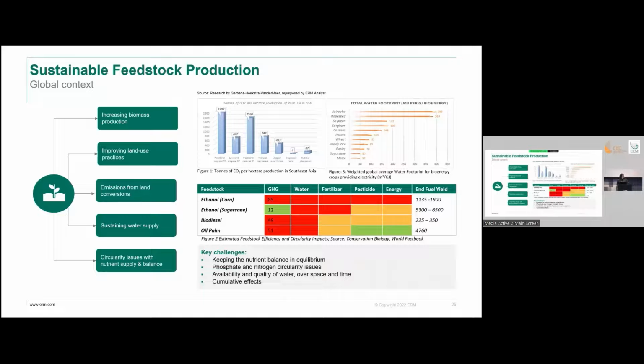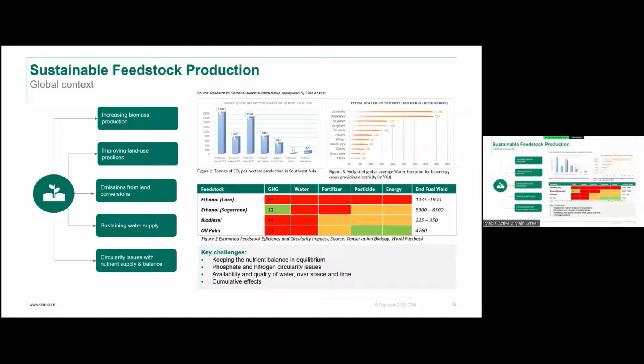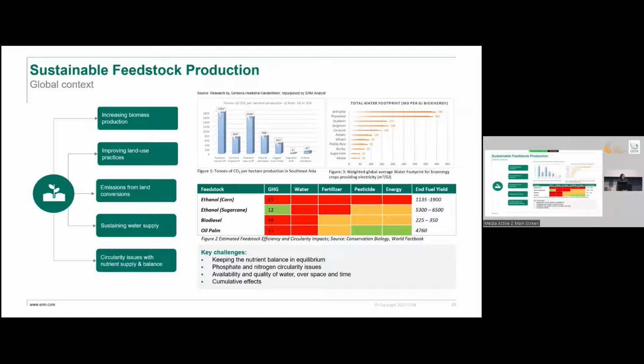If you look at some of the global context, one of the things that our studies focused on capturing in a lot of detail is how these topics have impacted across the globe as other economies have moved towards bio-based economies. So these are some of the data-driven aspects, and you would see from the first chart here that